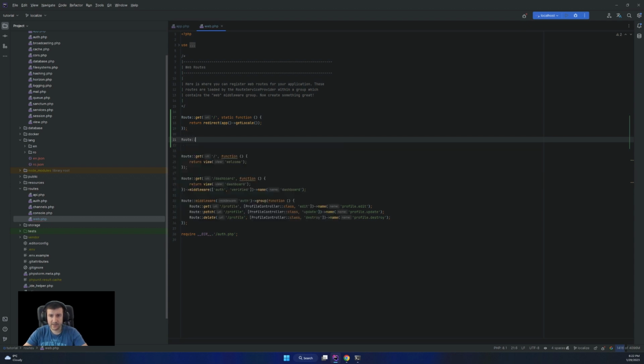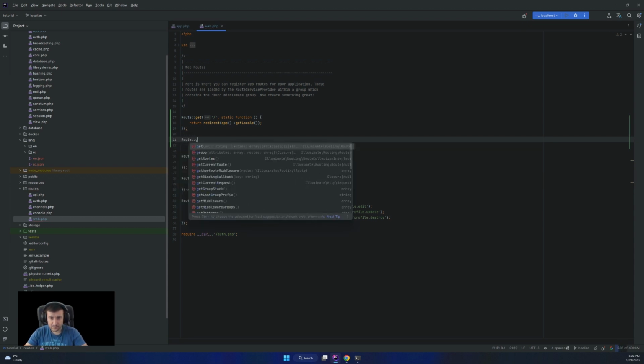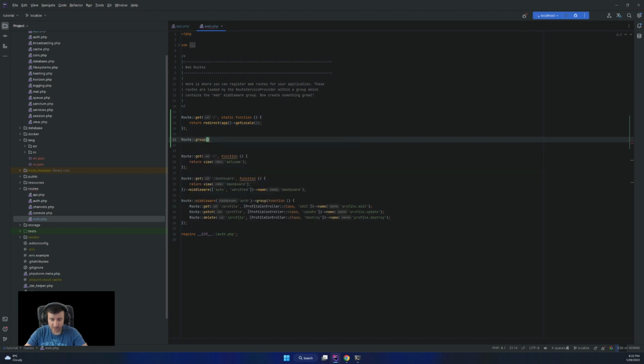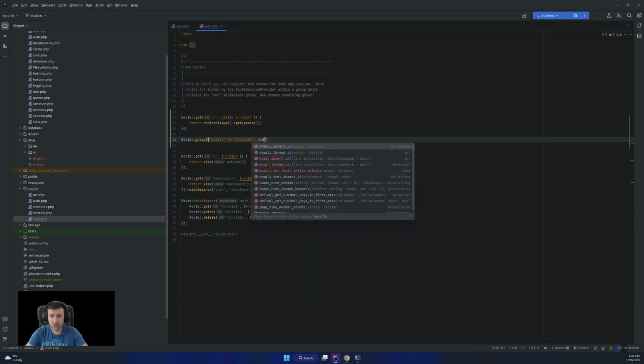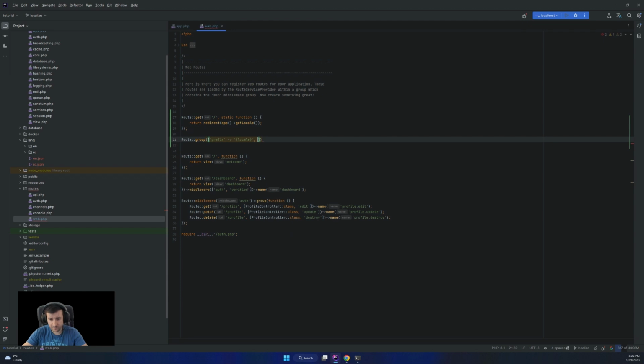So in order to do that, I will create a group. In this group, like I said, the prefix I want to be a locale, and I want to use a middleware. So I'm going to say middleware, and let's say maybe set locale.